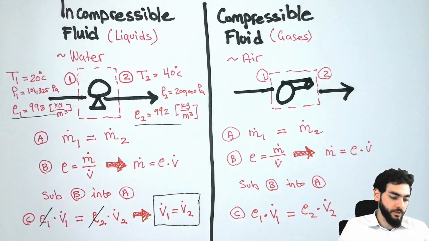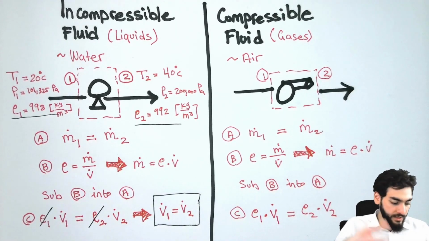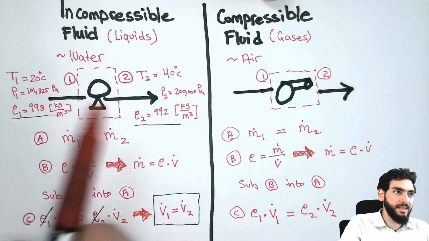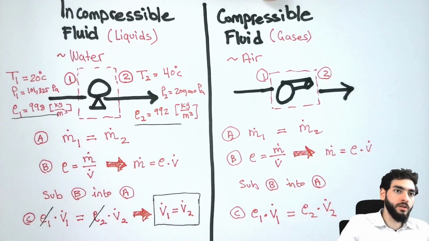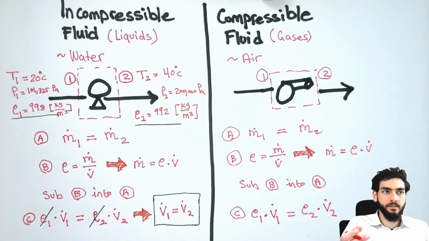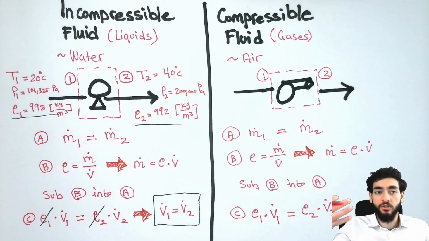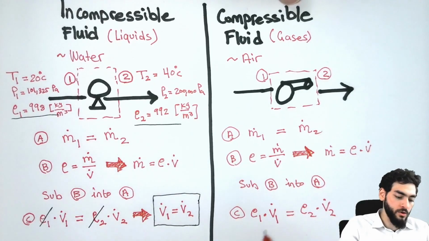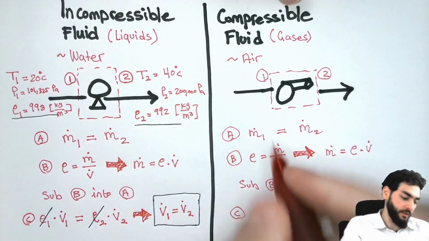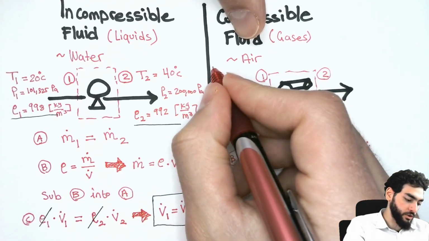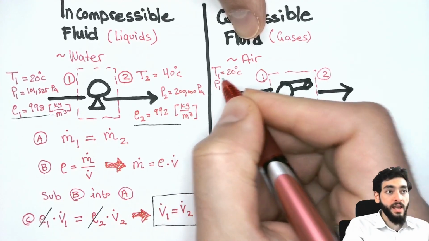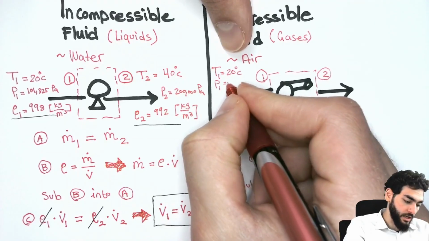Now let's pause here for a second and put some numbers so that we can see what's actually happening. If we use these same numbers just for illustration purposes to see how the density changes, we could really understand whether or not we could simplify this equation any further. So let's assume that the temperature at point 1 is 20 degrees Celsius, and the pressure at point 1 is also atmospheric, which is